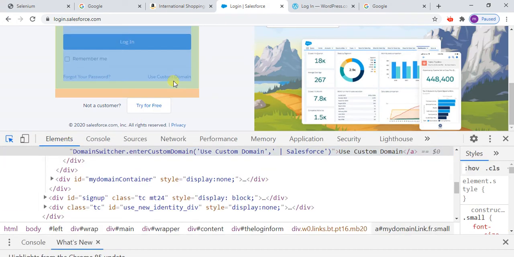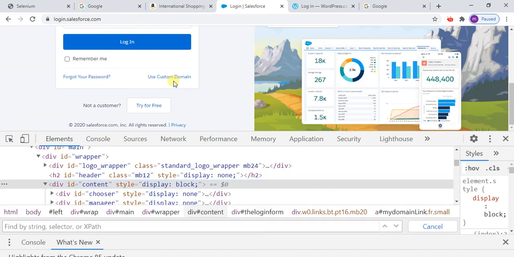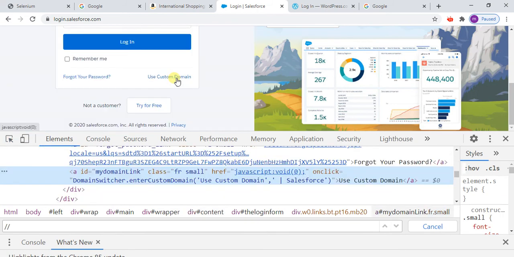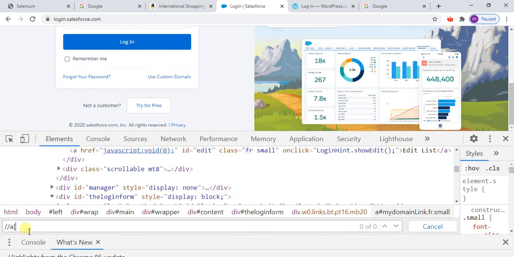Let me go to this and then press Control F on your keyboard. See here, this one, the tag name is A. Then open the bracket, type contains.